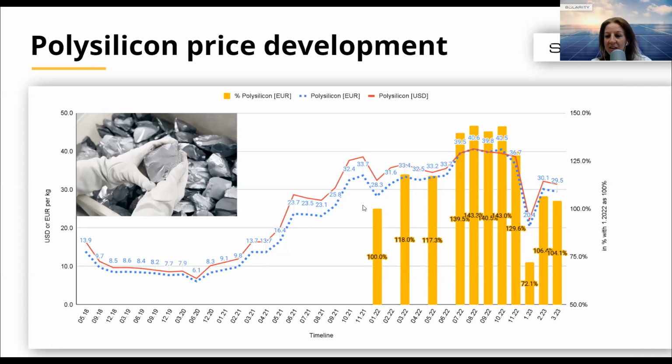And the second peak, which was very important, started in November 2022, when the price went slowly down and the bottom came in January, where there was a huge price drop. How is it with polysilicon and the price? Most of the manufacturers are coming from China. Actually, 9 of the 10 biggest ones are coming from China. What does it mean? That they really control the price level, and everybody else has to follow.